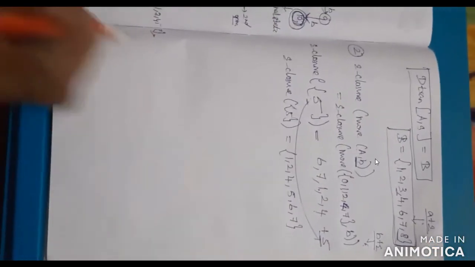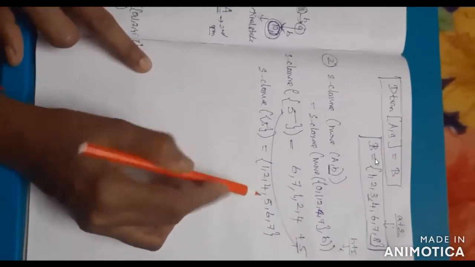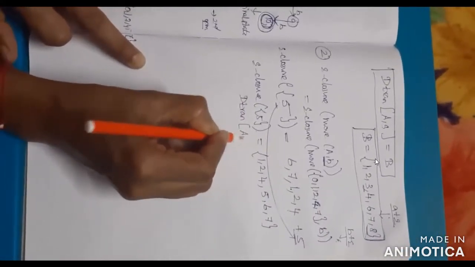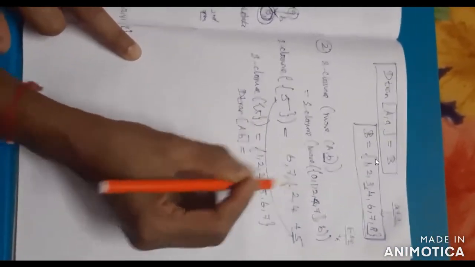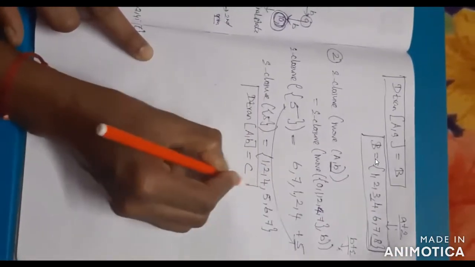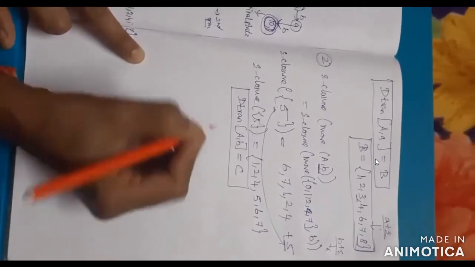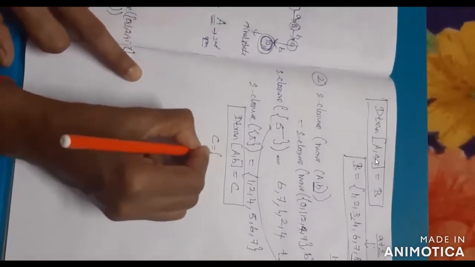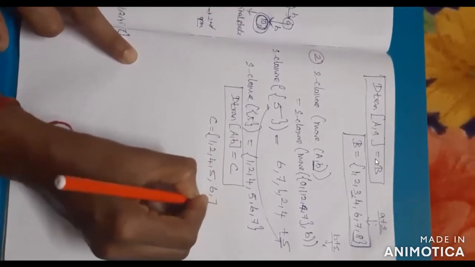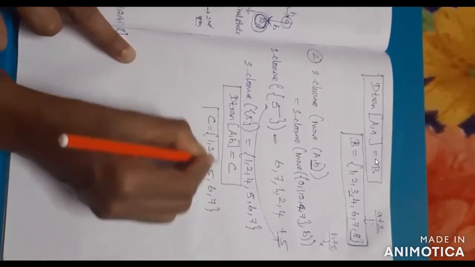What is the state here? Here a new state is to be formed. So the new state D transition of A comma B will be equal to B. Next one is C. So this is called state C. So what is state C? 1, 2, 4, 5, 6, 7. Everything is right for the brace symbols.